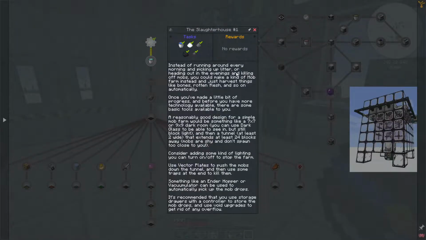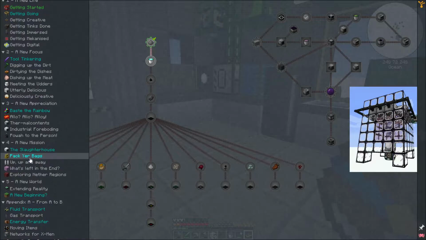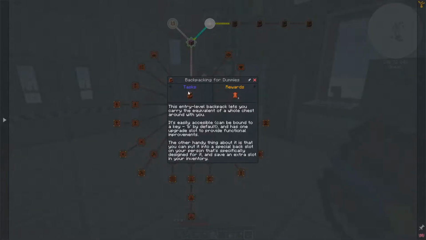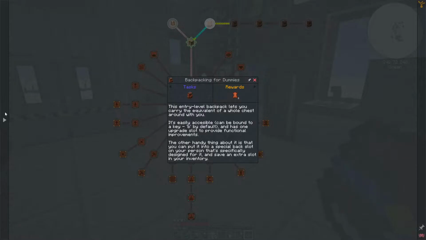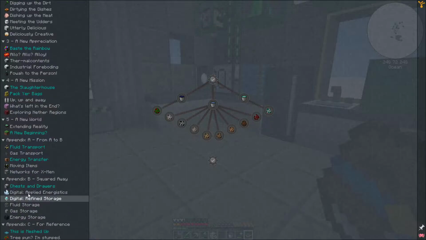Instead of running around every other morning and picking up litter or heading out in the evenings and killing off mobs, you make a kind of mob farm instead. Just harvest things like bones, rotten flesh, and so on automatically. Yeah, I'm nowhere near making that yet. Vector plates and ender hoppers and all that sort of stuff. A lot of this stuff is well and truly further down the line. Backpacks, just need some leather. Probably don't really have the leather at the moment. Again, a lot of this stuff now...